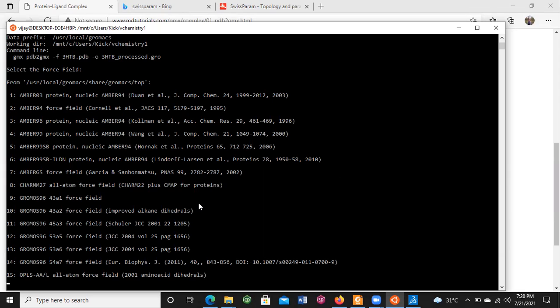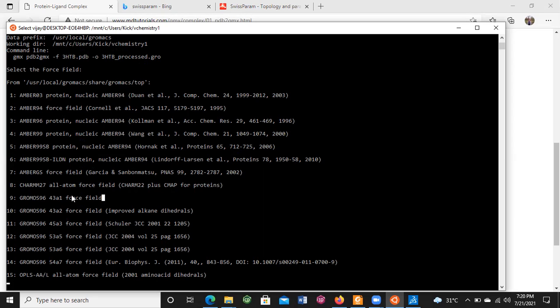This time it is asking to apply a force field. Since here number 8, CHARMM27 all-atom force field, is given, I think we should apply this, and CHARMM36 is not given.